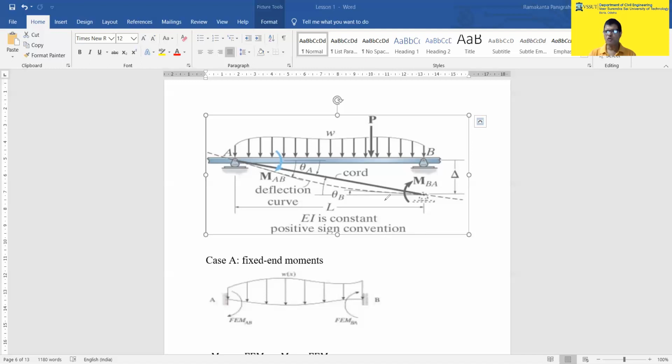So now what we'll do to develop the equation, we'll take three cases. In the first case, due to the loads, what are the moments at both ends, what are the fixed end moments? Then due to the slope theta A, what is the moment at joint A and joint B? And what is the moment due to theta B? Then what is the moment due to the settlement of B with respect to A? Now all the moments can be added to find out the final moment at the joint A.